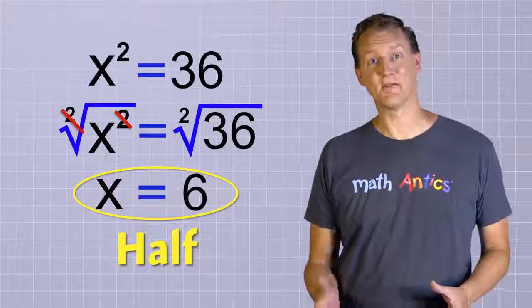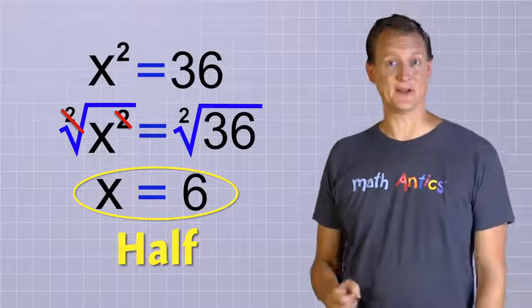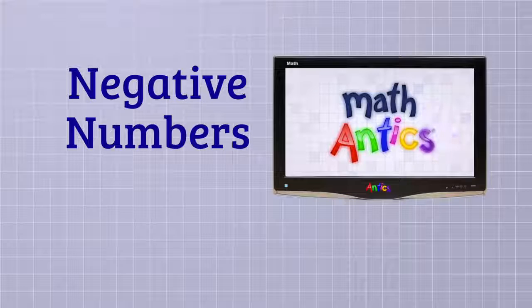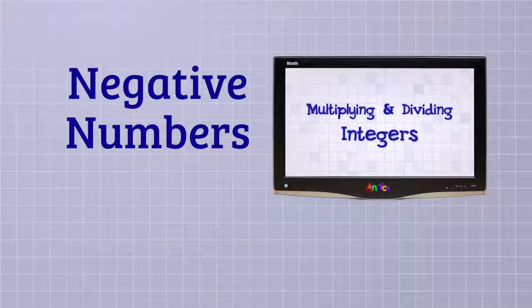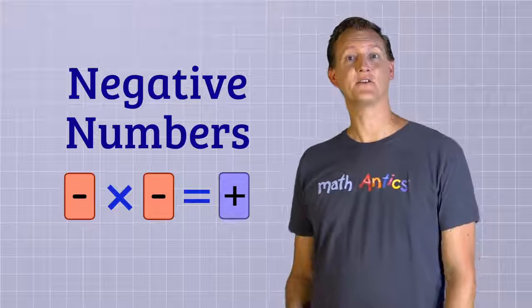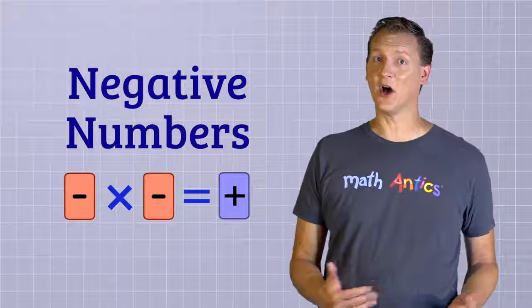Well, that's half of the answer anyway. This problem's actually a little more complicated than it looks at first, thanks to negative numbers. Do you remember in our video about multiplying and dividing integers? We learned that if you multiply two negative numbers together, the answer is actually positive. That turns out to be really important when it comes to roots, because it means that there's often more than